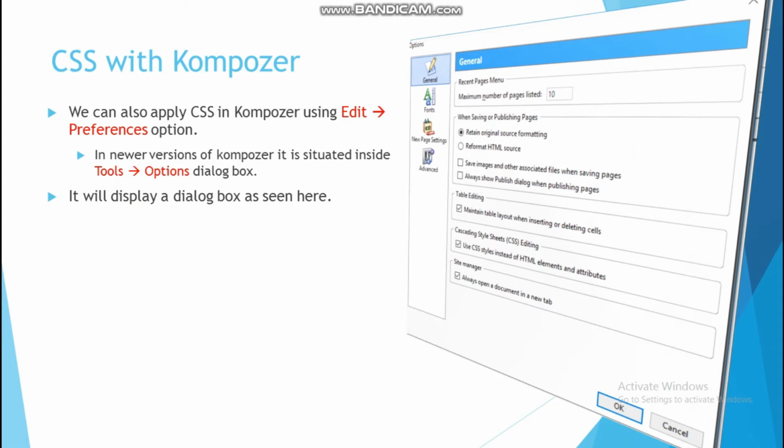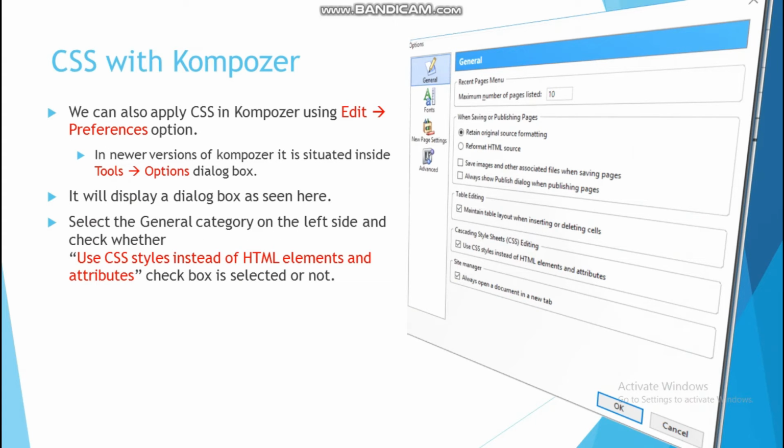Here you can see at the left part, general, fonts, new page, such options are given. So select the general category on the left side and check whether the use CSS style instead of HTML elements and attributes checkbox is selected or not.